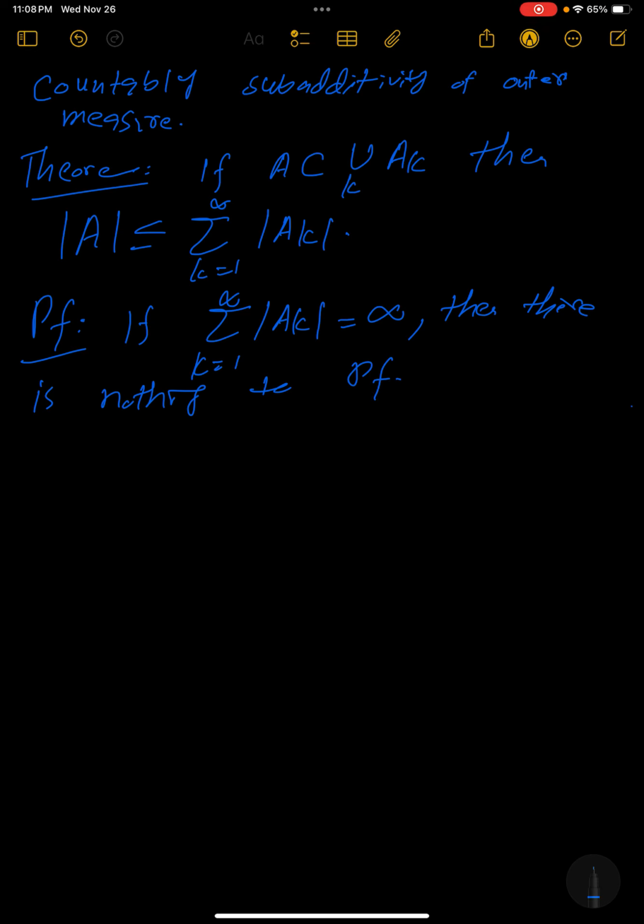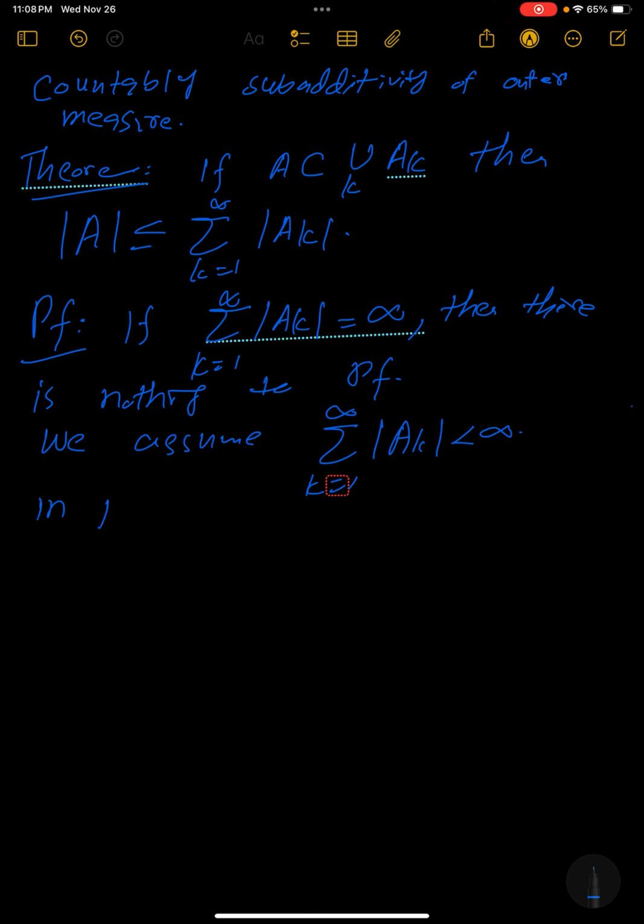So surely we will assume that the right hand side sum is actually finite. So in particular, this is finite for all k. Okay,